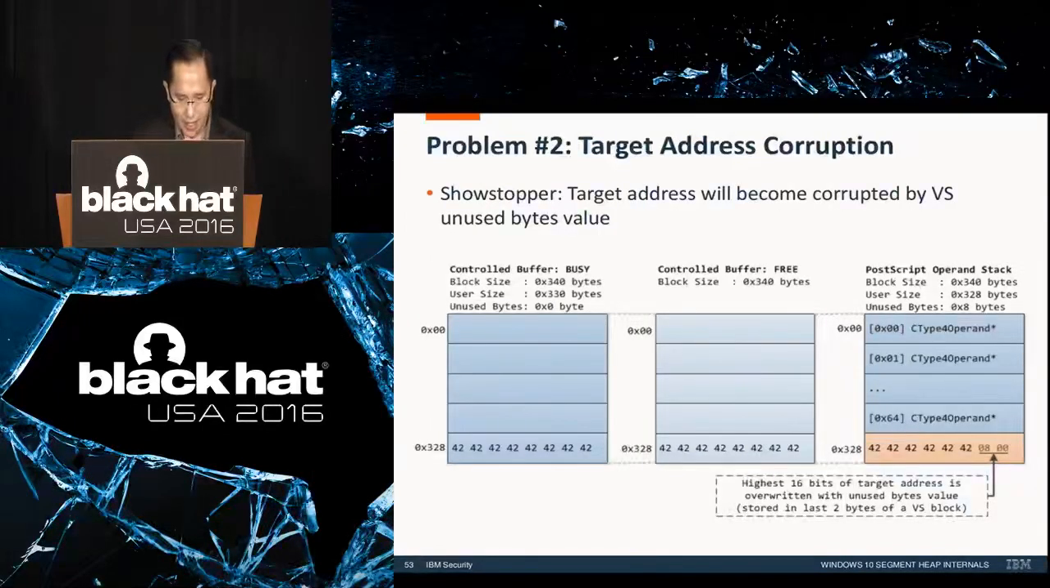The problem is that the highest 16 bits of the target address will be overwritten here by the unused bytes value. Even if a larger control buffer is allocated and freed, the heap manager will split the size to where there are still 8 unused bytes. So this is a showstopper because the target address will become invalid due to the corruption. Now, to solve this problem,